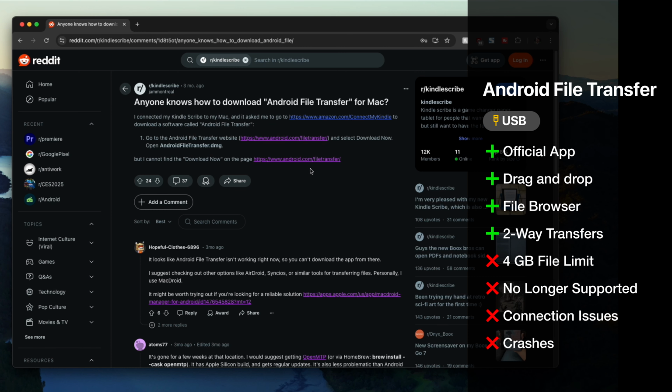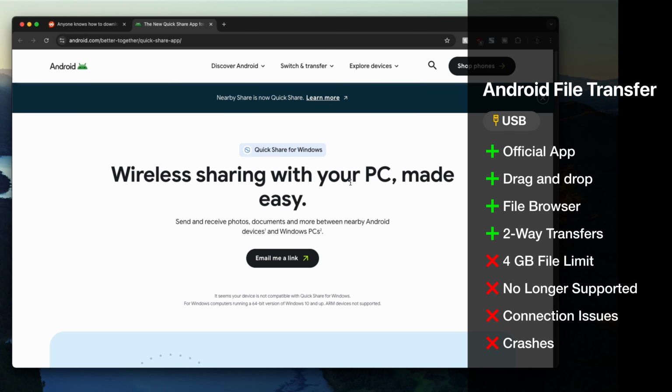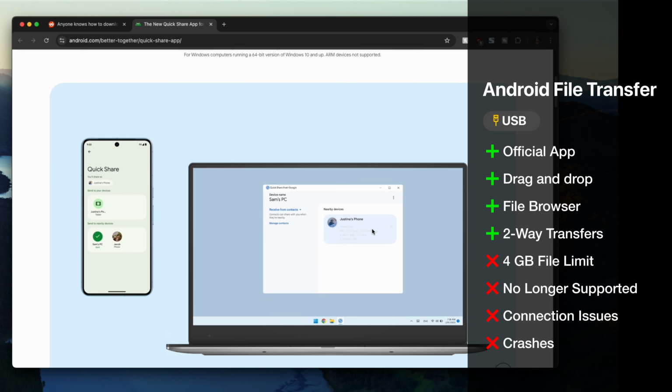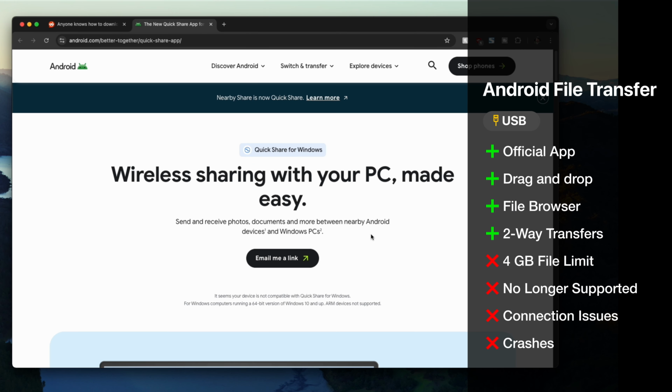Additionally, the application has been removed from the Android website. We don't know why, but the application still works. If you still want to use it, you can use the secret link in the description to grab the official